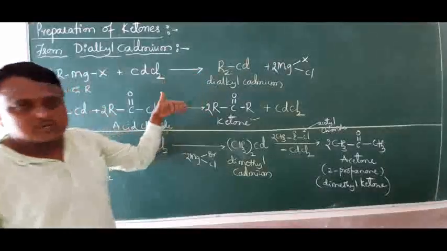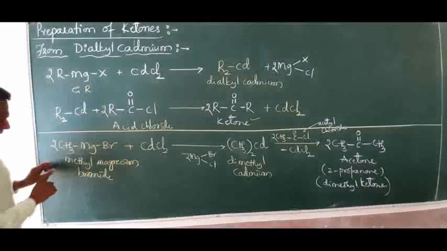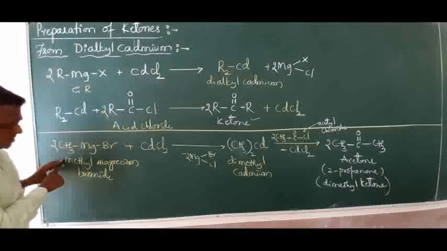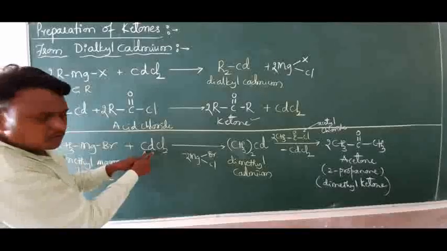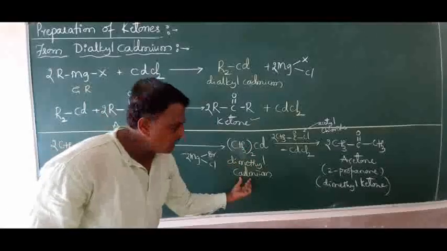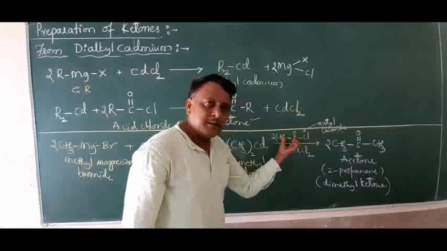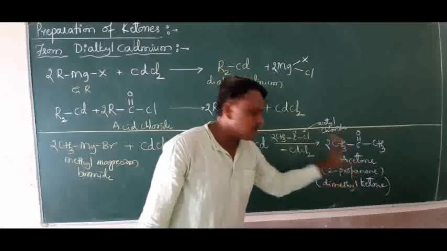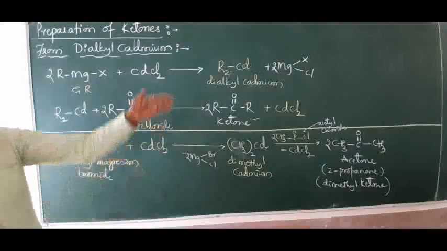These are the two important reactions in general. So I will mention it in one line with an example. This is Grignard reagent, methyl magnesium bromide. Grignard reagent reacts with cadmium chloride to form dimethyl cadmium. Then it reacts with your acid chloride, acetyl chloride, to form acetone. You can change different acid chlorides, and you can get the different